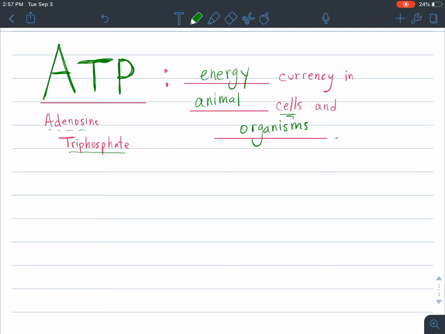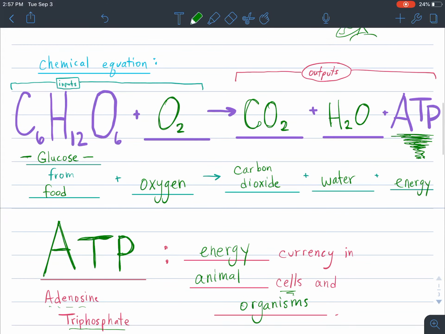Like I said, plants, they go through photosynthesis. Animal cells, though, and animals as organisms, we want to produce that ATP, and we do it through cellular respiration, which goes on inside of the mitochondria by breaking down the glucose from our food, combining it with oxygen to produce those outputs, which are CO2, H2O, and ATP. This is the process of cellular